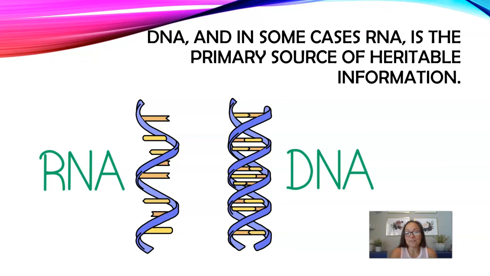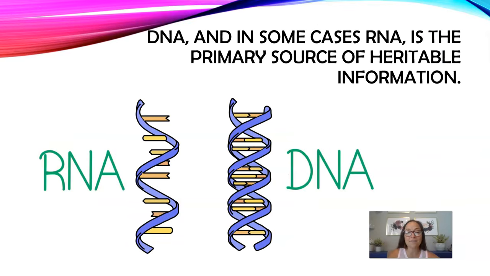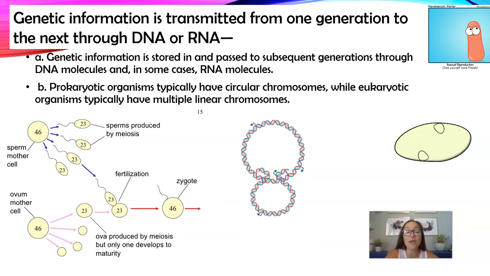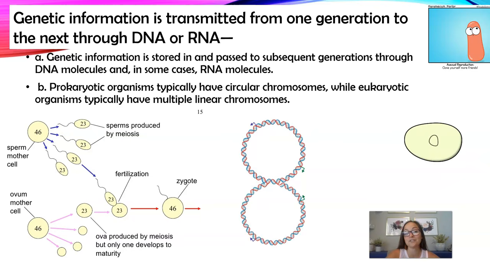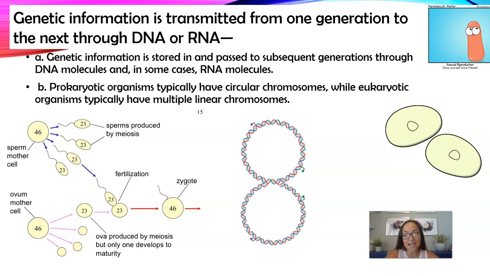So our first one we start with is DNA, and in some cases, RNA is the primary source of heritable information. So when we look at DNA and RNA, we have a couple different, well, we can look here. So a couple different ways that genetic information is transmitted from one generation to the next. So when we look at DNA as our genetic information, you have